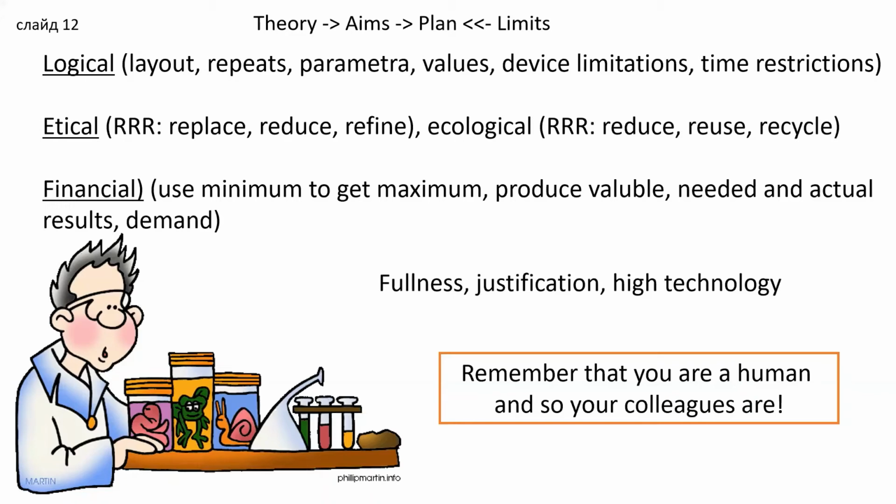So all the logical, ethical, and other limits of your experiments should be described in your lab journal. All the procedures and all the parameters you thought about should be described in your lab journal. Sometimes these are parameters that you do not really think about. For instance, when you work with antibodies, you have to write the batch, because sometimes when your